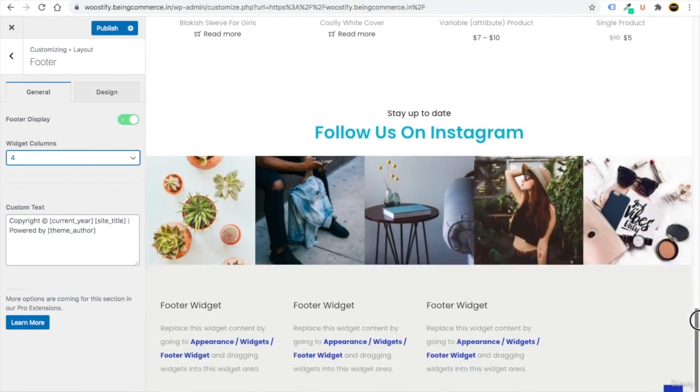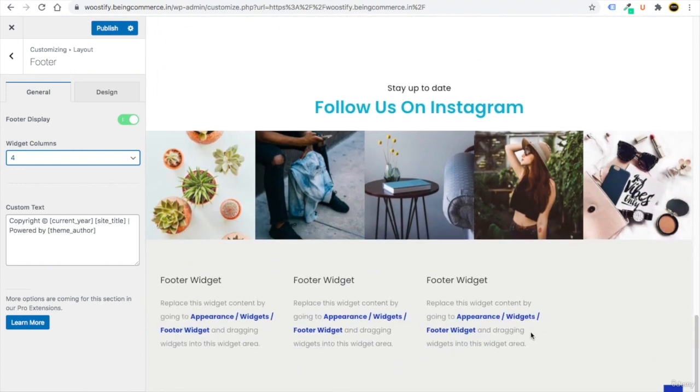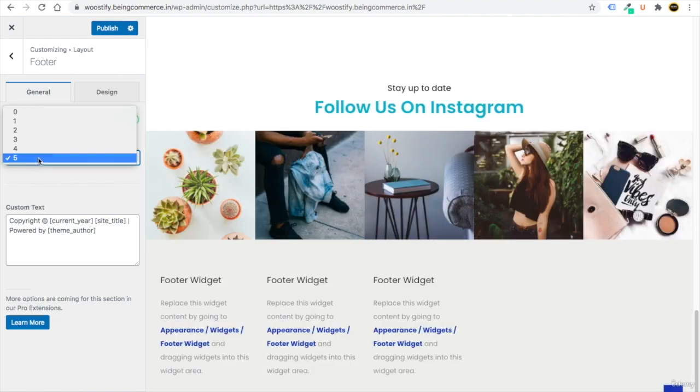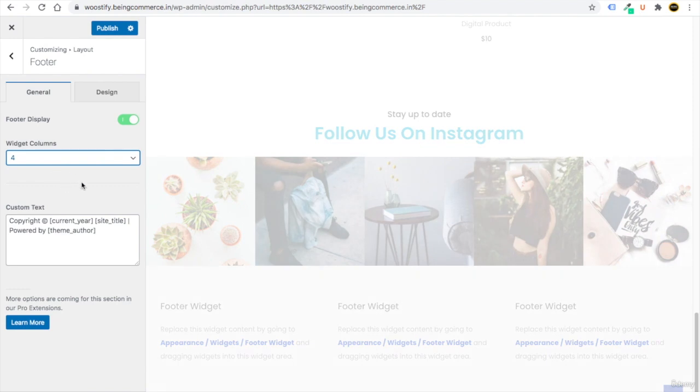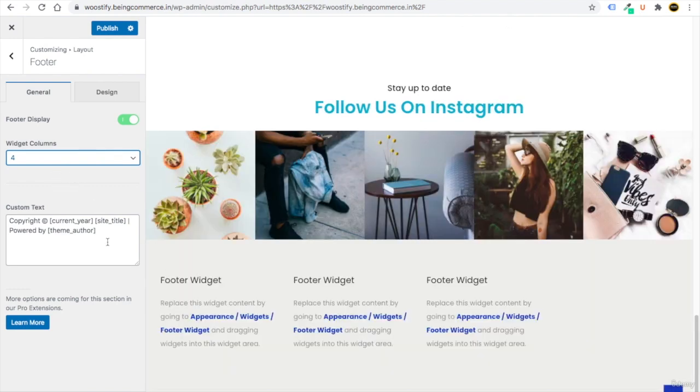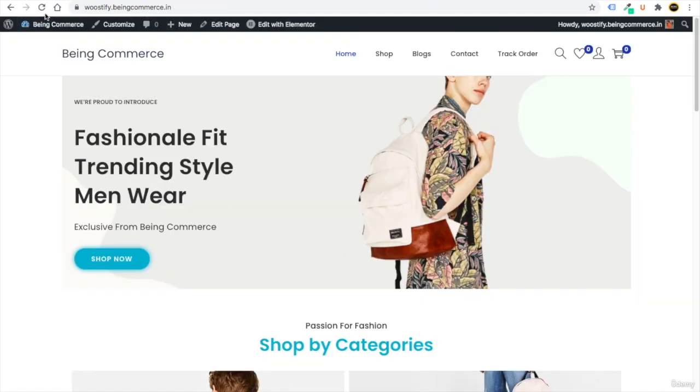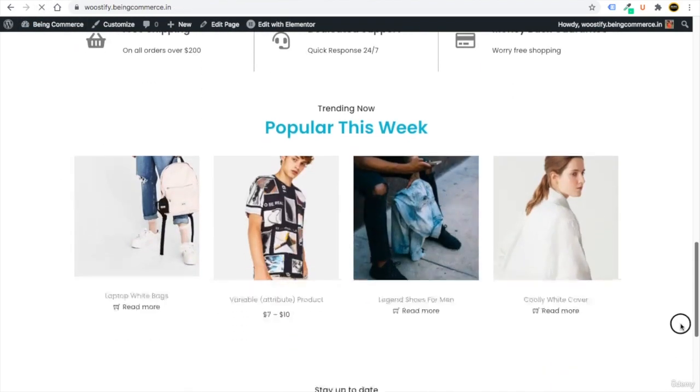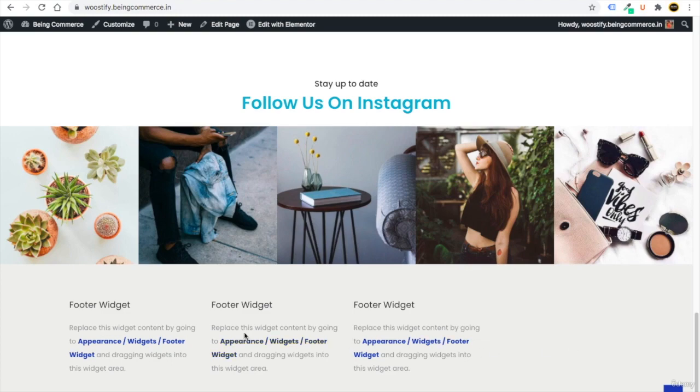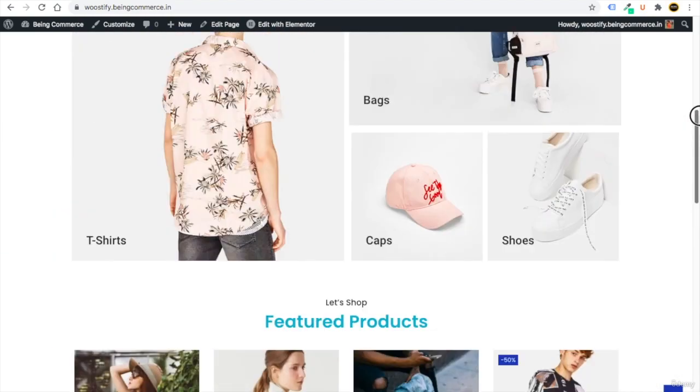Now if you scroll down, you will get the footer option. You can also make it 3, 5, whatever you want. But right now I will go for 4, so we will work with 4 footers. Then just click on Publish, then click on this cross button. Just refresh your website once and you can see that you can now create footers here. Okay, so it's super simple. I will teach you how to do this.